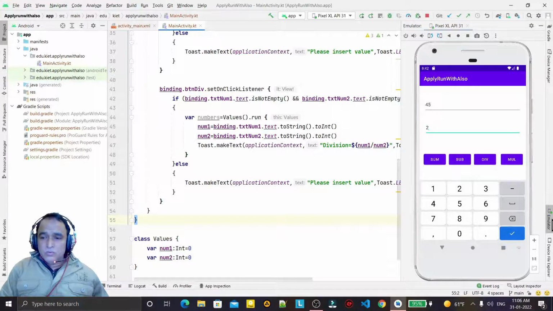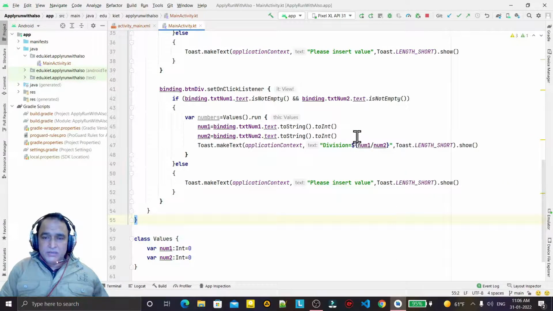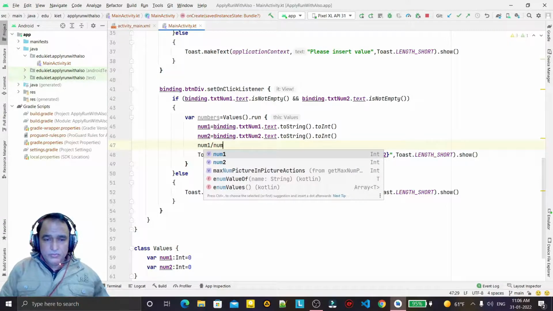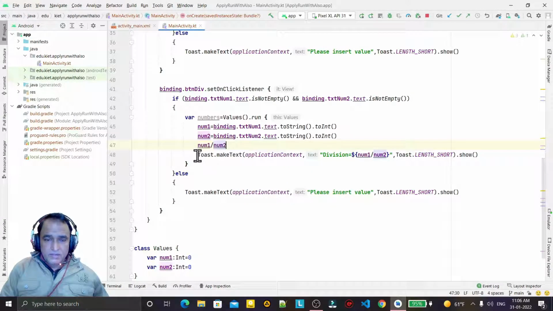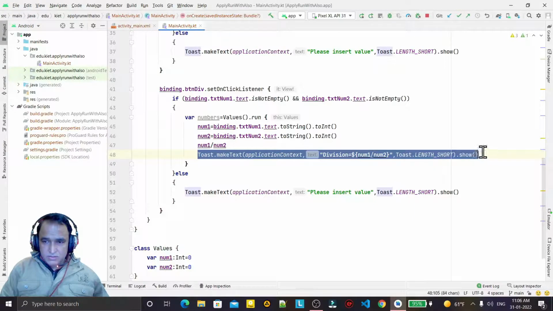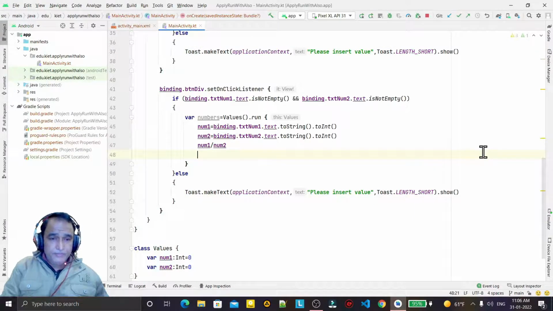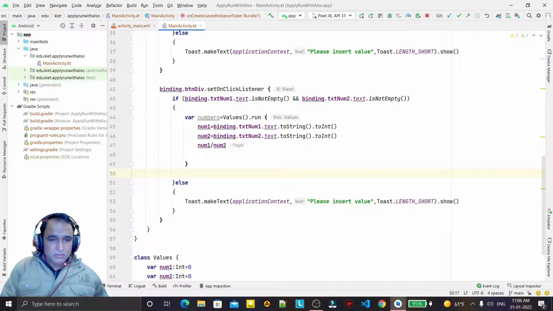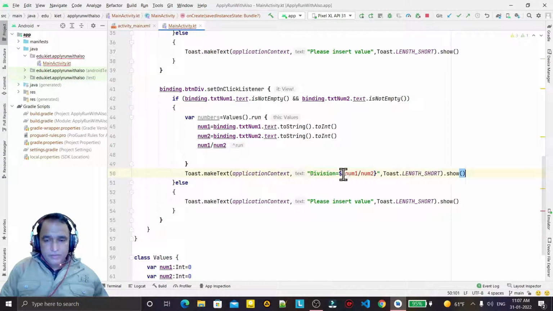One thing more we can do with run, that if I say num1 slash num2 like this, and I take this out from this object and I come here, here I can print the number like this.